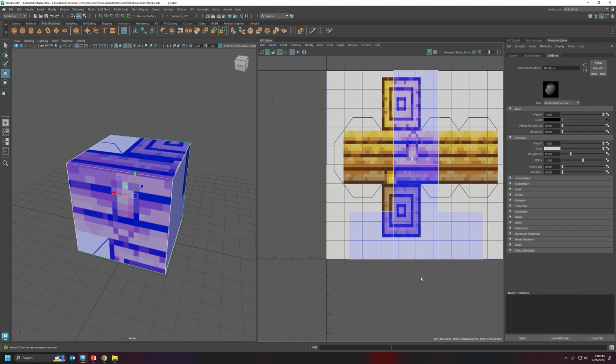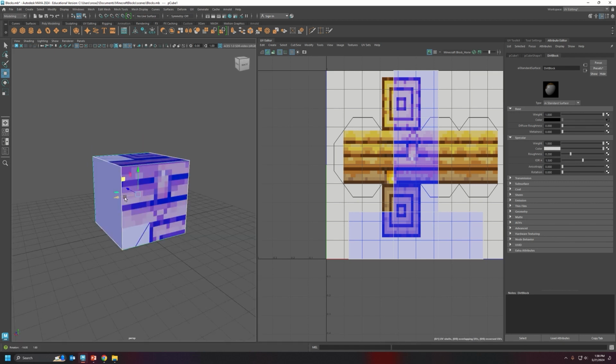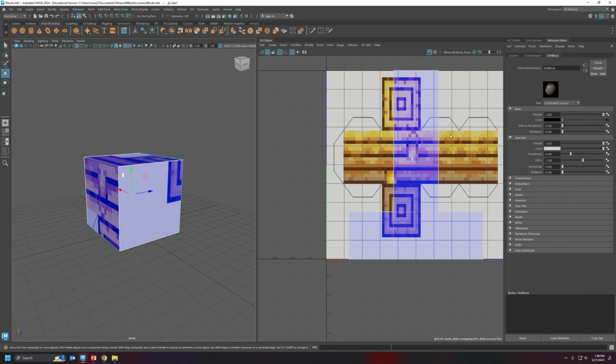Blue means it's good. If this shows up as purple, it means one of the normals is flipped, and it's also underneath the blue. If it shows up as pink, that means that it is incorrect and you need to fix it. But don't worry about that right now. So, alright. So from here,